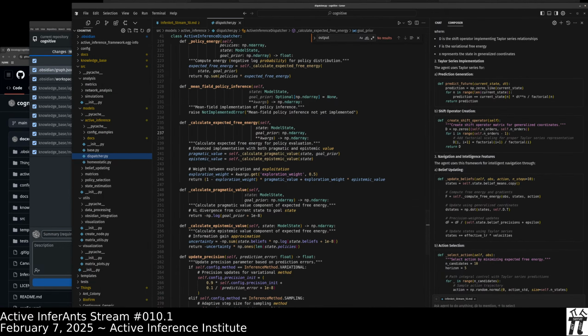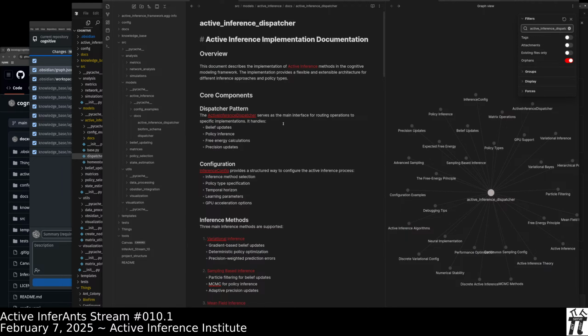Okay, what the active inference dispatcher does is it picks up the linguistic semantics of the active inference ontology and then creates runners through dispatch that send off to implementational methods. So if we say, I want to have an agent that uses variational free energy on perception for updated sense making, then we ask, or it asks us, okay, let's do a binary state space. So it could be zeros or ones coming in for observations.